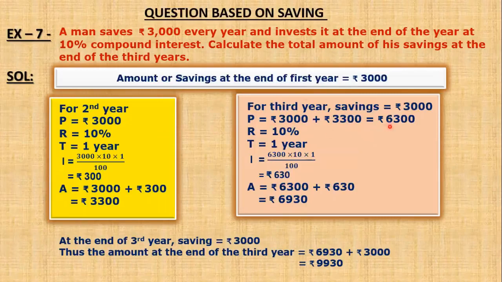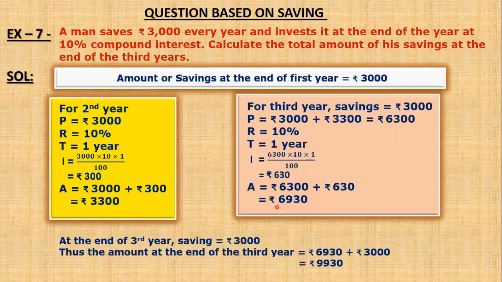So the total principal will be rupees 6,300. Rate 10%, time 1 year. So interest again PRT upon 100, that is rupees 630. Amount is equal to rupees 6,300 plus rupees 630,